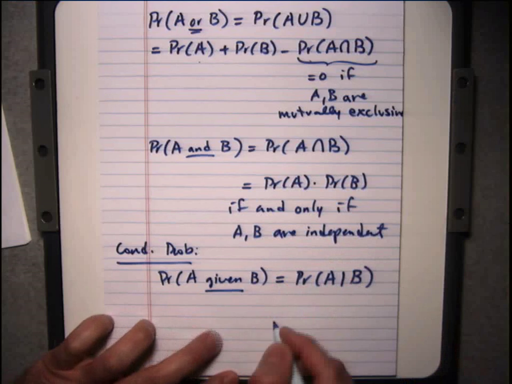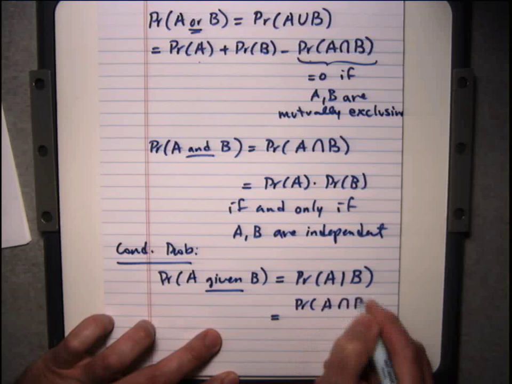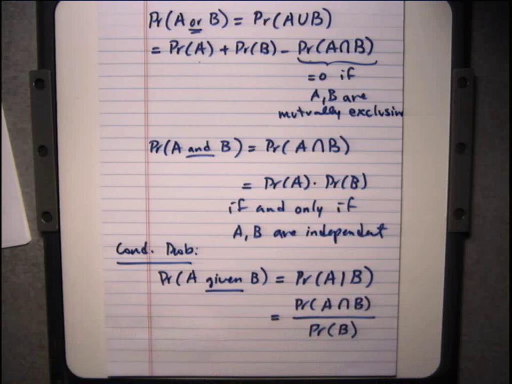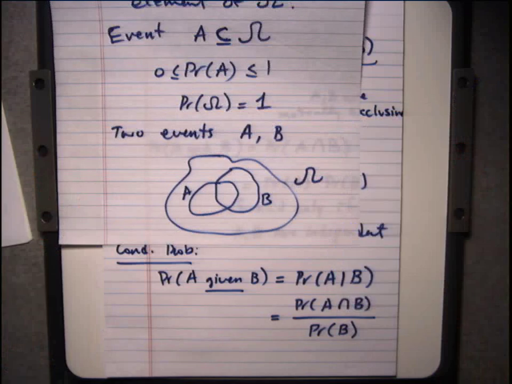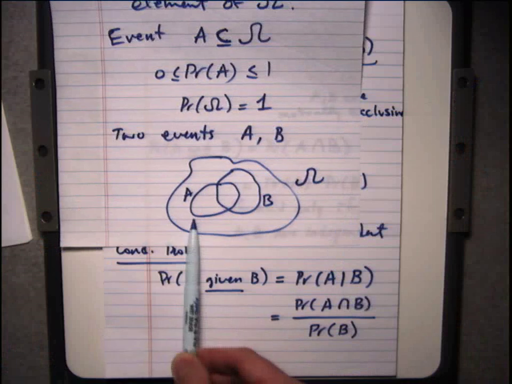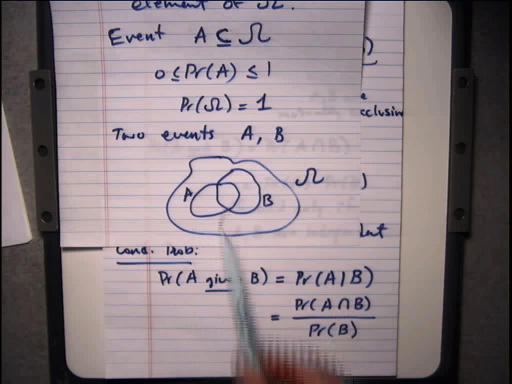Now, what this equals is the probability of A intersection with B normalized by the probability of B. Okay. Now, if you think about this again in terms of this picture, what is it asking? It says, I want to know what is the probability that this event A has occurred, given that I know B has occurred. Okay. So obviously, this probability is not this entire thing, but it is confined to the area of intersection between A and B.